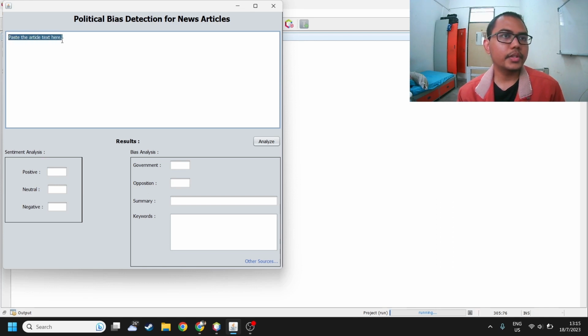So as you can see, this is the input area where the user will paste the text of a given news article, and then when they click the analyze button here, it will show the results, which is two results. The first is sentiment analysis. It will show the sentiment of the article, either positive, neutral or negative, in the form of percentages, and also the bias analysis, which is what party the article is more focused on, either the government or opposition, also in